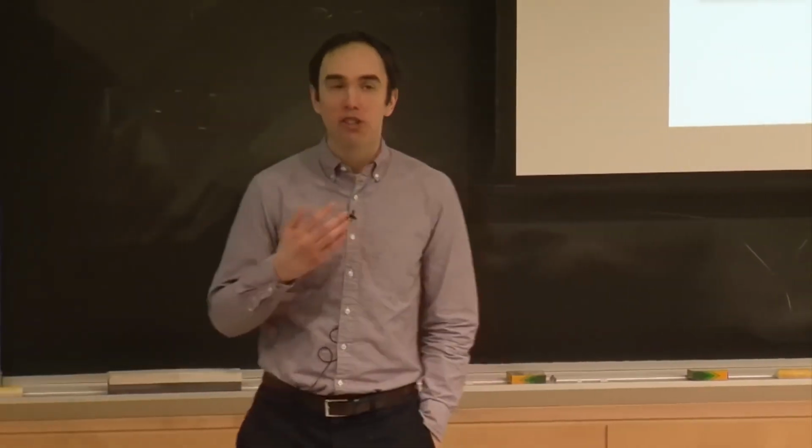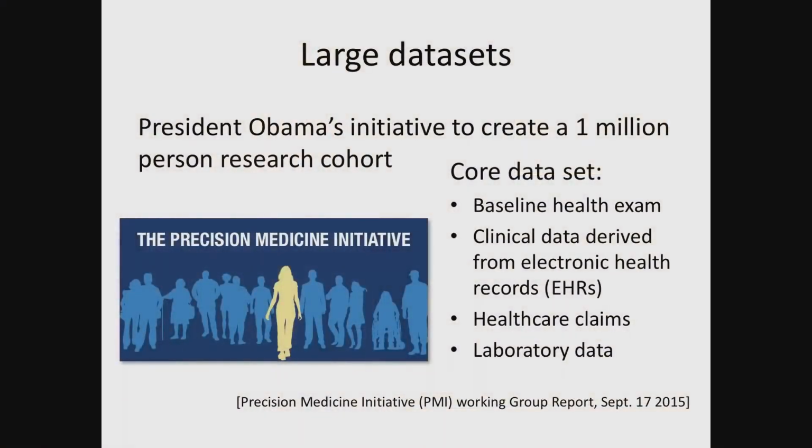Now, there are a lot of other initiatives that are creating large data sets. A really important example here in the US is President Obama's Precision Medicine Initiative, which has since been renamed to the All of Us Initiative. This initiative is creating a data set of 1 million patients drawn in a representative manner from across the United States to capture patients, both poor and rich, patients who are healthy and have chronic disease, with the goal of trying to create a research database where all of us and other people, both inside and outside the US, could do research to make medical discoveries.